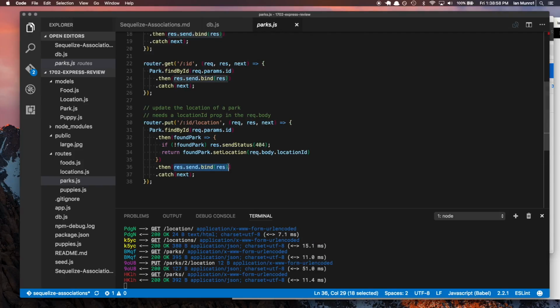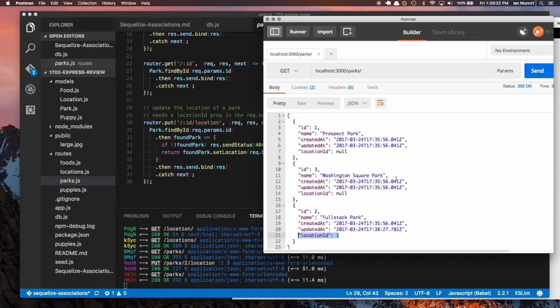All right, and you can see what we're getting back is the park with the change. Oh, there was a question here about what I'm doing on line 36. By default, you need to bind this because if you don't bind it, there's no this context on res. So in order to bind the this to the response object, .send internally needs a this context, so that's just doing it on one line. It's the same thing as doing an arrow function, saying like response or whatever, created park association, and then saying res.send created park association or something like that. But it's a nice way to just do it in one line. It's a little bit slicker. All right, so